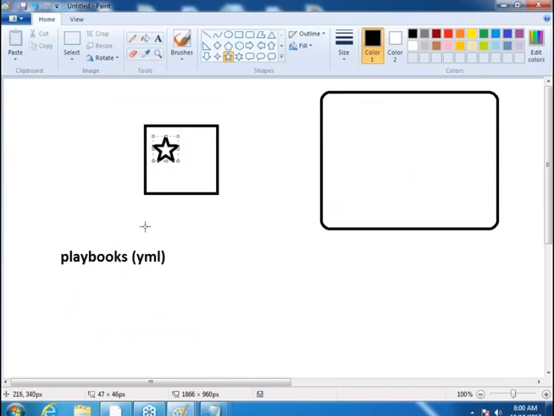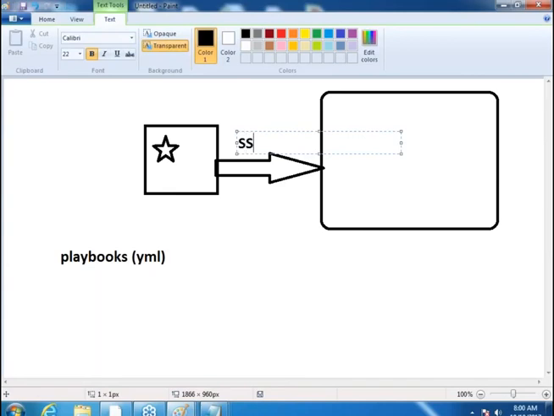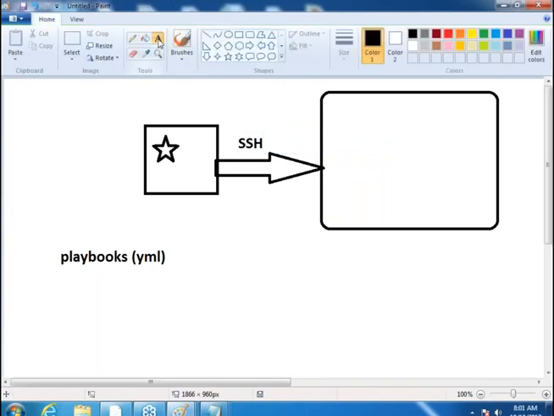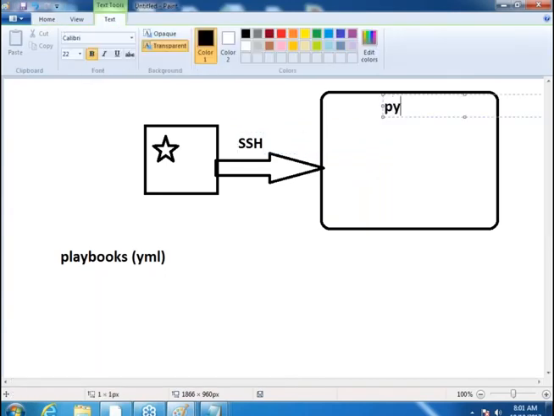So you want to execute this, basically that it gets executed over here, and what it does is it creates a connection from this machine to the other Linux machine. I'm just taking the Linux example. It creates an SSH connection, secure shell connection. And your playbook.yml file, whatever you have written, gets converted into Python script. And here on your node, you should have Python, and your playbook, which is converted into Python, will be executed on that node.